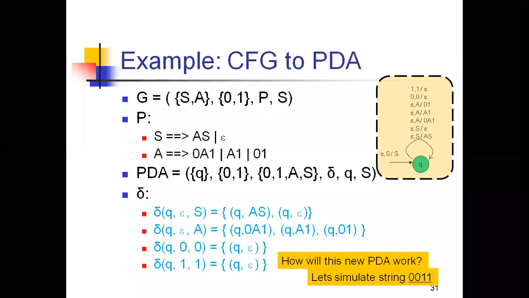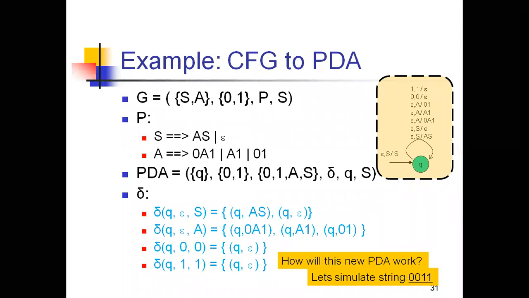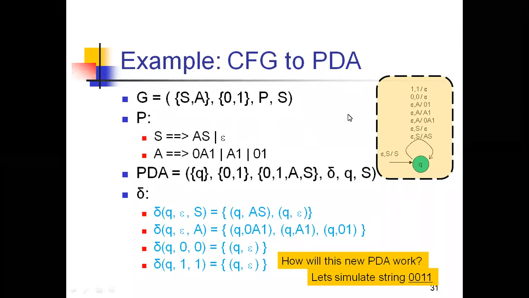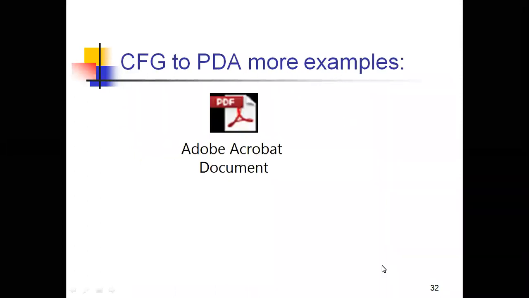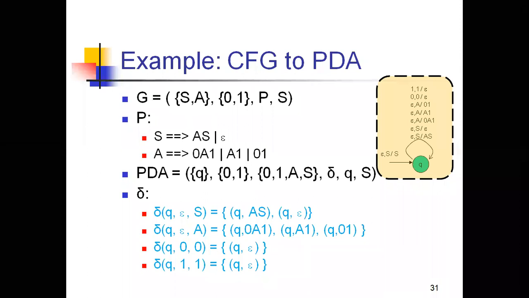If you show it as an empty stack, then the PDA that we designed, the transition rules that we did for the given context free grammar, is correct. And I will show you how to simulate the string for this. Before that, I need to make you understand more easily by taking more examples of this concept. Let's see more examples of this concept.